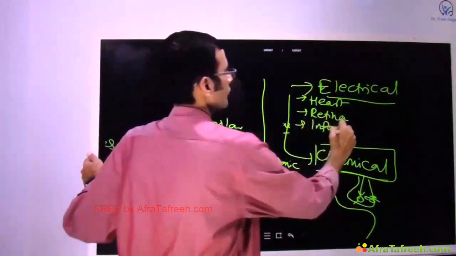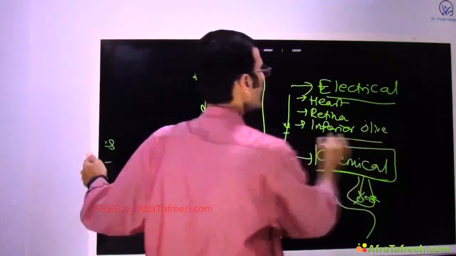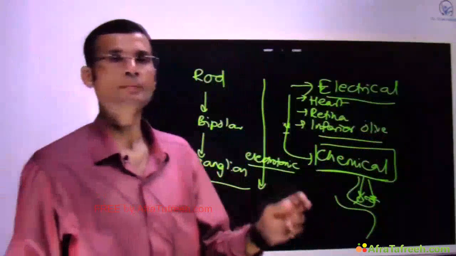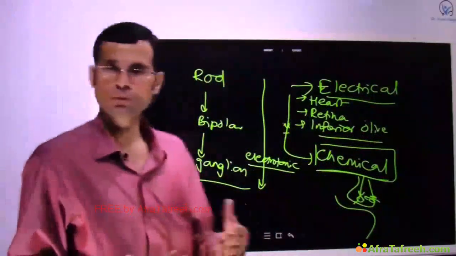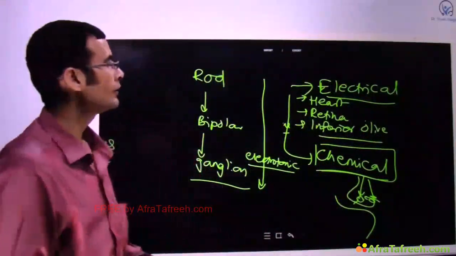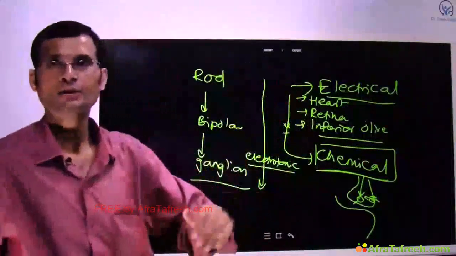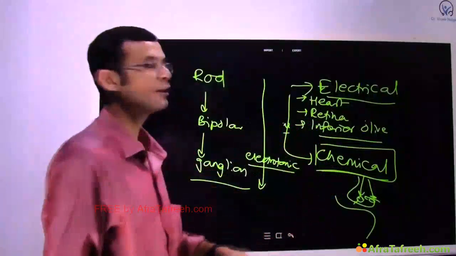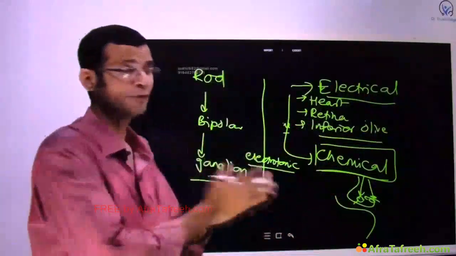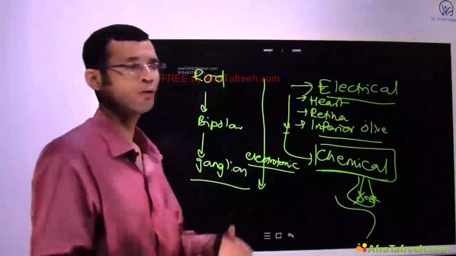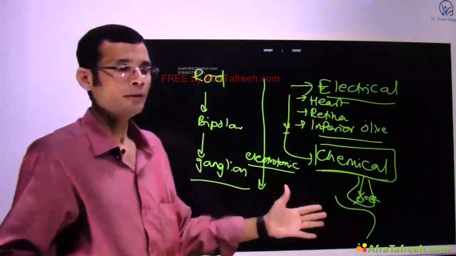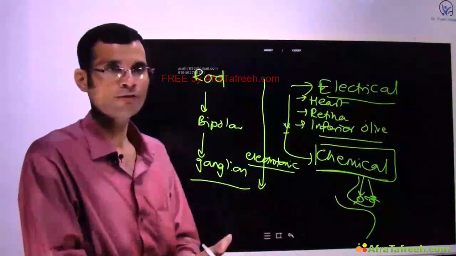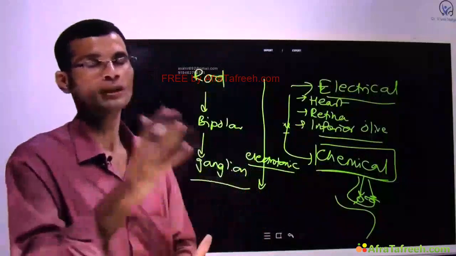The inferior olive is one place where you find electrical synapses. This is an oval shaped area in the medulla, and what is its role in the CNS functioning? There is an olivocerebellar tract from the olive into the cerebellum, and so the inferior olive shows electrical synapse. Now what is the function of this olivocerebellar tract? Signals coming from multiple sources are collected at the olive, and a single bundle goes as the olivocerebellar tract into the